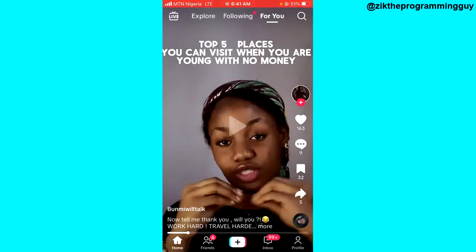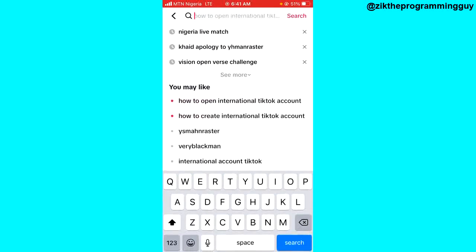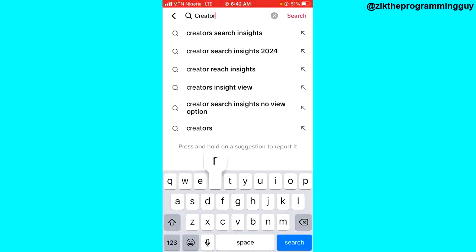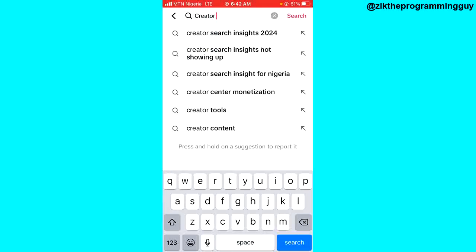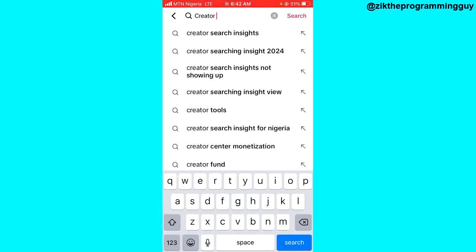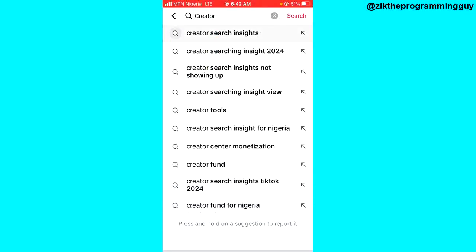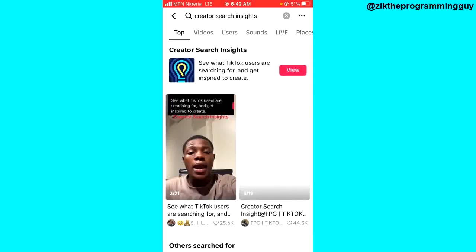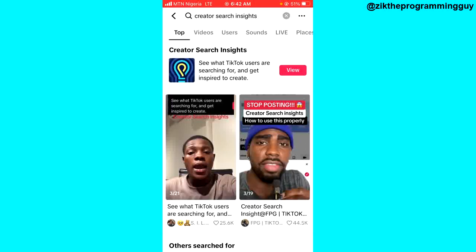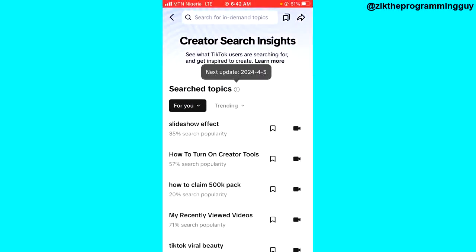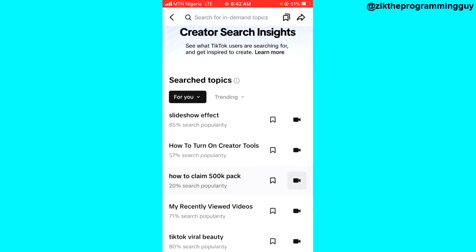So let's see how we can actually use it. Once you open your TikTok app, from the top right corner, you see the search option. Click on the search option and search for Creator Search Insights. As you can see, it appears at the top, Creator Search Insights. Tap on that. As you can see, it appears at the top, so you can click on the view button, and once you do that, you're going to see